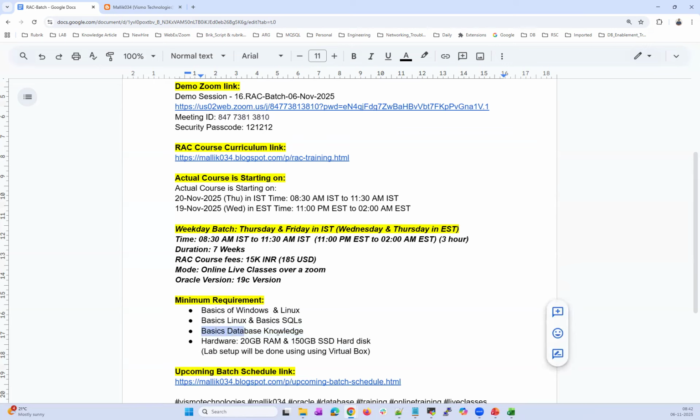Because without database knowledge or fundamentals of database, RAC will be very, very difficult. RAC is an advanced course on top of the database course. So you should already be aware of what is database architecture, instance, all the background processes, and how select queries work.